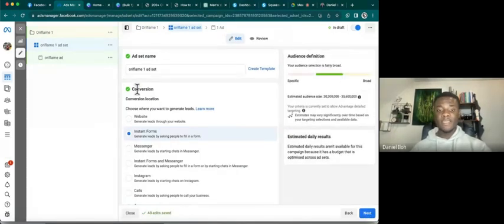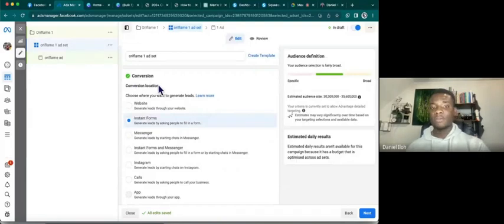Once you've done this, it will ask you for conversion location. If you notice, we are now on the ad set level. It will ask you for conversion location. Now, what is the conversion location? It's simply which place will the conversion take place. Because Facebook ads work in such a way that